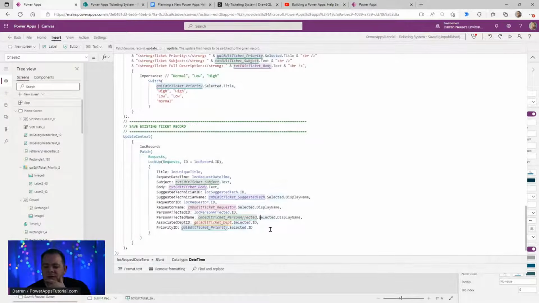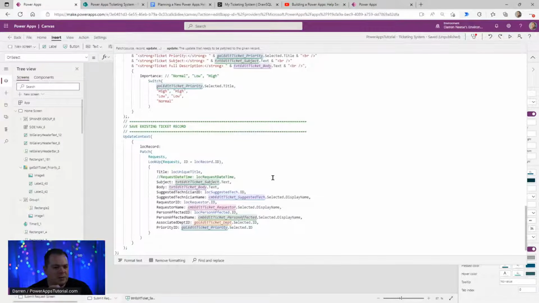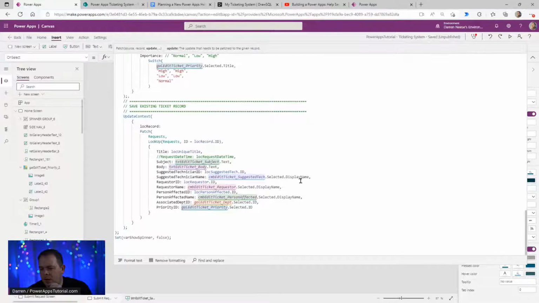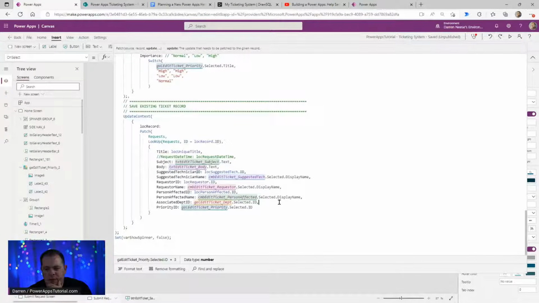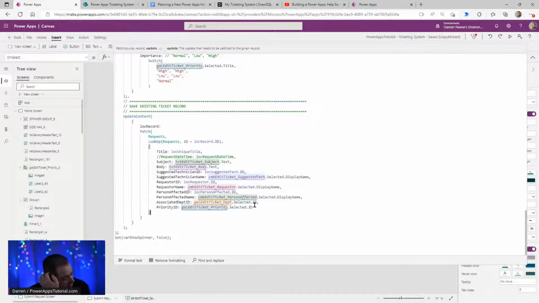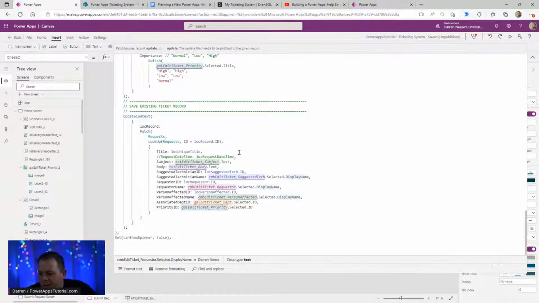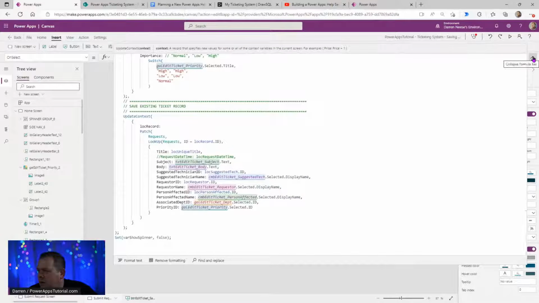Now, there are some fields in here that we may not want to apply again, such as request date and time. Okay, we don't want to update that. I think everything else could be updated, okay, or should be able to be updated. All right, so